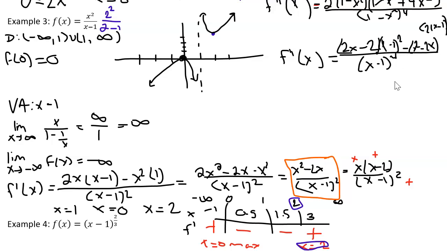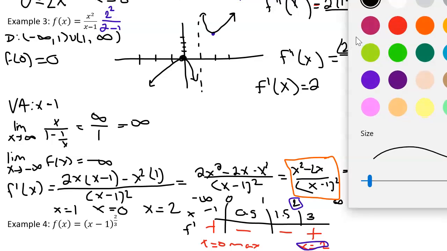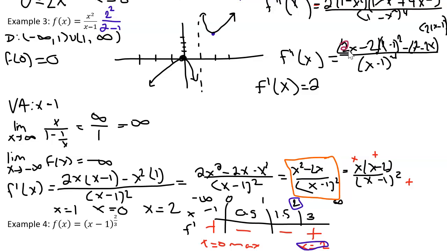It's hard to tell with my handwriting, but it looks like I can take out an x minus 1 from both terms. Actually, looks like I can take out a 2x minus 1 from both terms. So that's going to leave me with, I'm going to try to highlight this in pink. So I'm taking out this 2. And if you actually look at it, this whole factor right here is a 2x minus 1 factored. So I'm going to take that whole factor, that expression, out, and then I'm left with x minus 1 squared